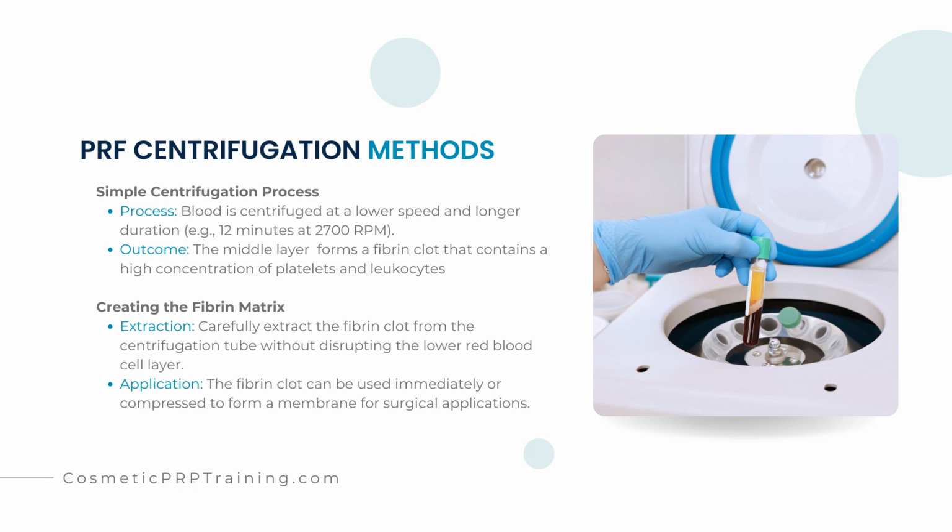PRF centrifugation methods. PRF is a bit different because we want a clot. It's a simple centrifugation process. The procedure is to spin the blood at a lower speed for a longer time, for example, 12 minutes at 2,700 RPM. You can tweak these settings depending on the equipment, but the idea is to form a clot while preserving platelets